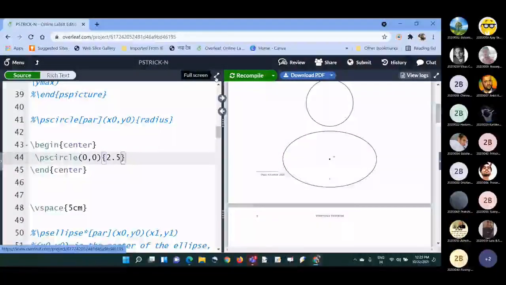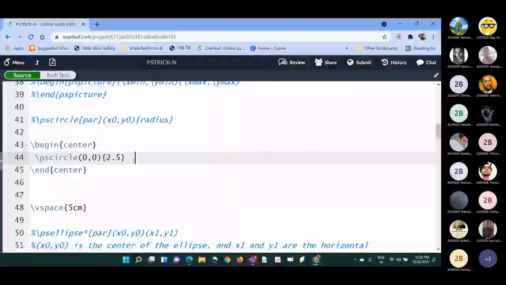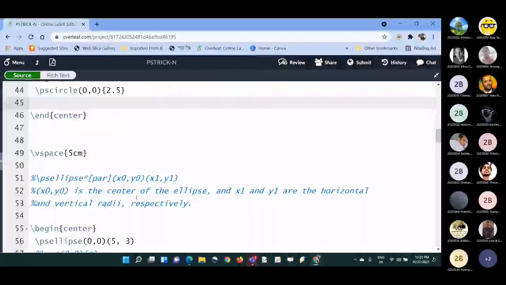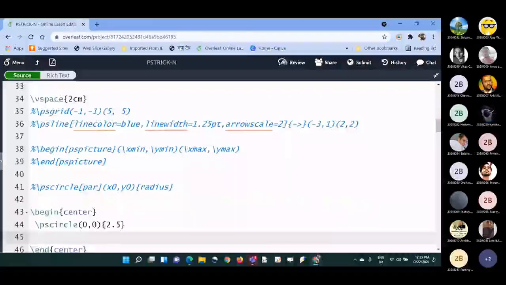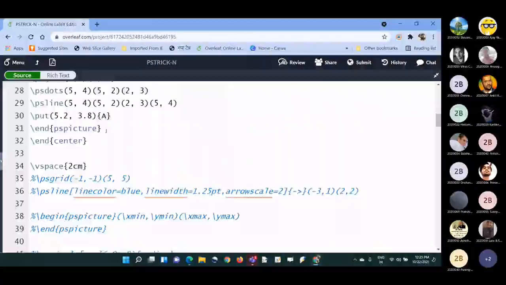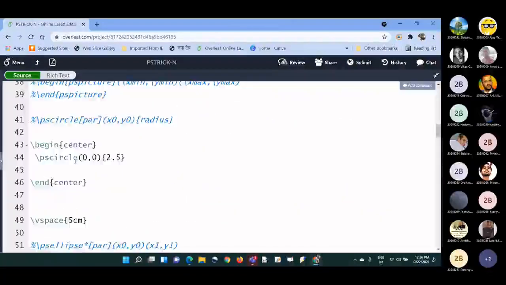If you want to mark something here at the center, as in the last triangle where we kept A at one vertex, in a similar way you can keep it here. Since this would be near 0, you can write 0.2 and 0.2 here also.